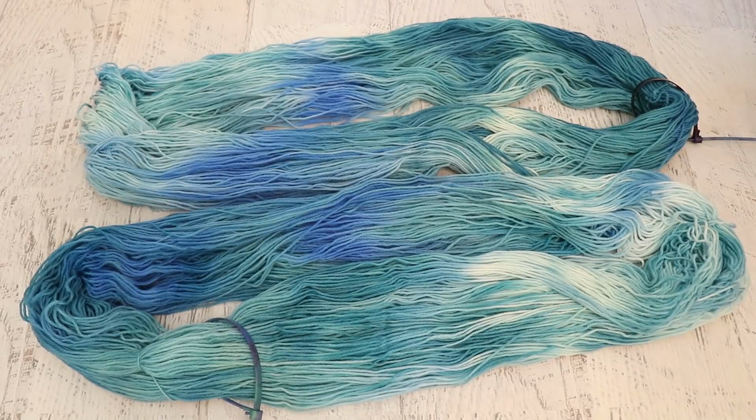And so this is definitely a situation where, because the placement of the colors is slightly different, if you were going to knit with both skeins in one project, you probably want to alternate skeins, because I think that when you transition from one to the next, there will be some differences there, and if you want things to feel a little more even and less asymmetric, then you want to blend them as you go the whole